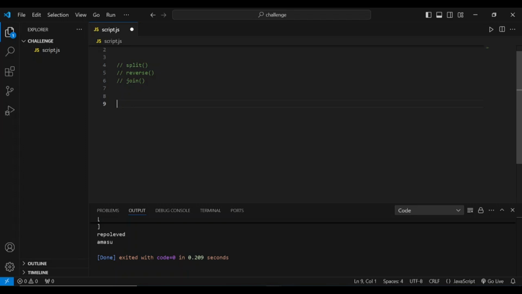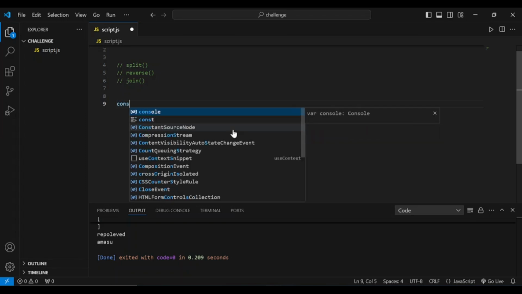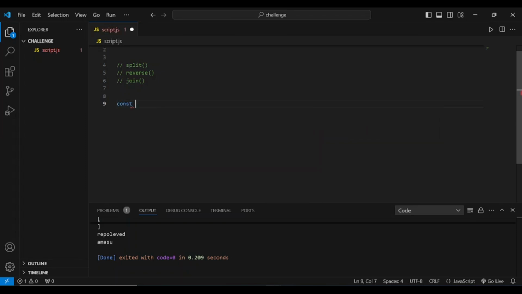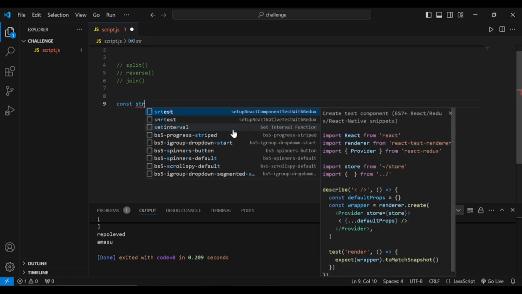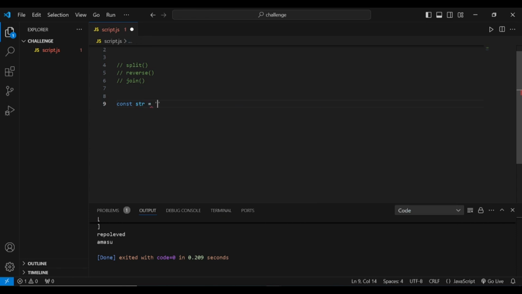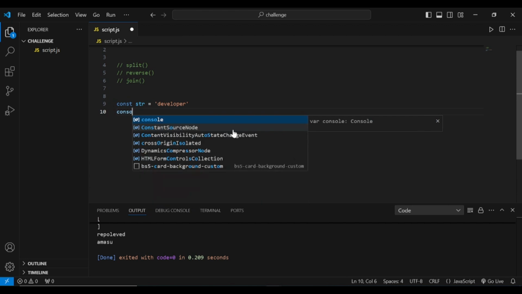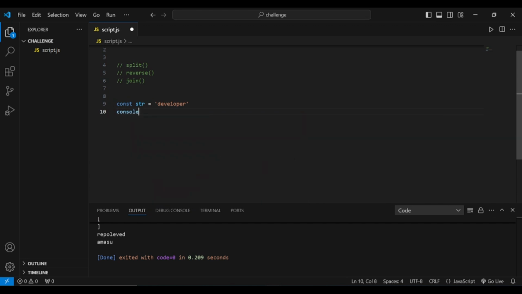There are many ways to create a variable in JavaScript. I'm going to use const. So I'll say str as the name of the variable, and I'm going to give it a string: developer. I'm going to use the split method for now so that you will see. So console.log